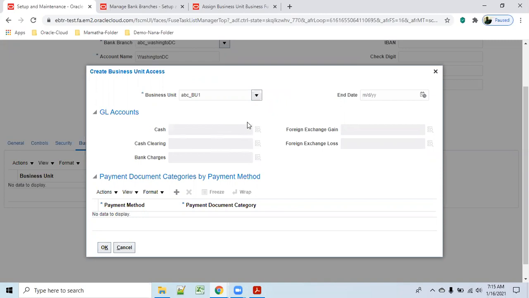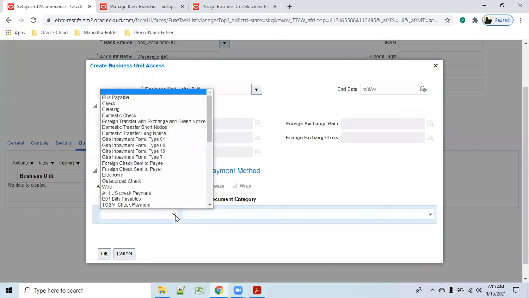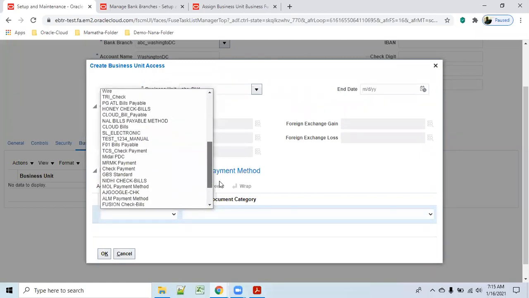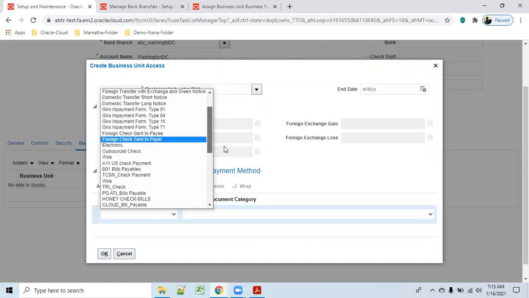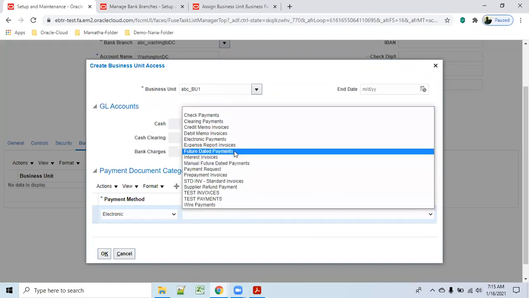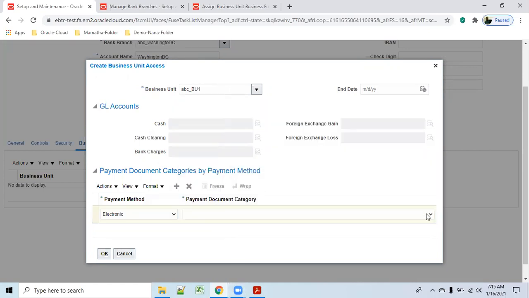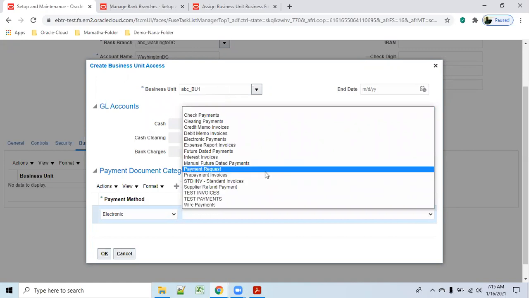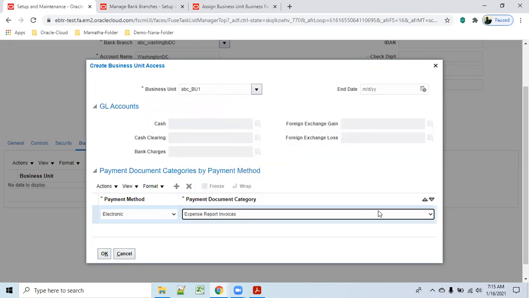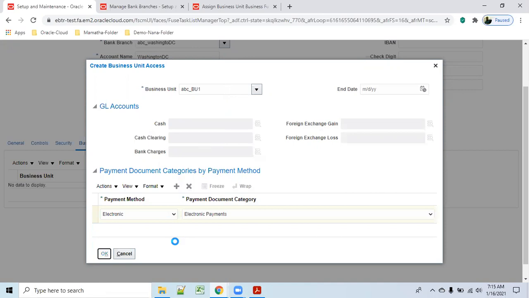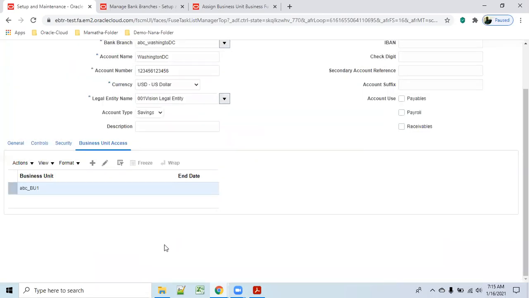GL account has to come. I don't know what the problem is here. Payment method, electronic. Payment document category, electronic payments or expense. So these have to come, but that setup is there now.